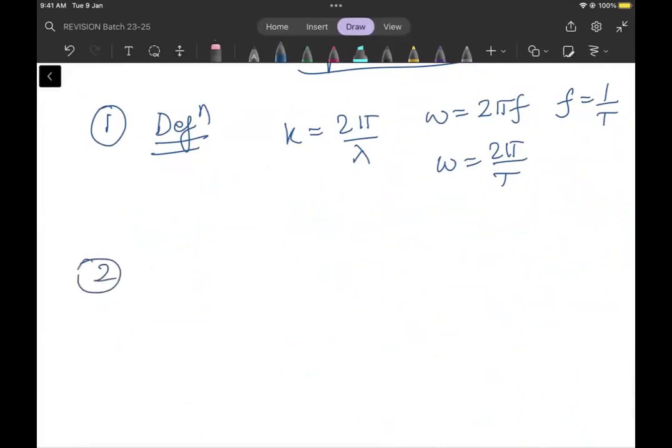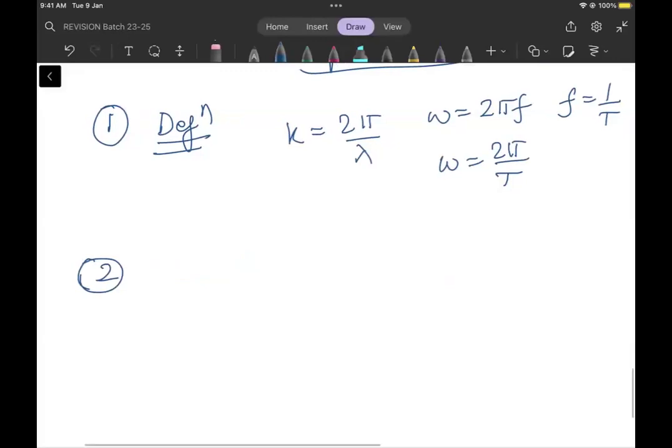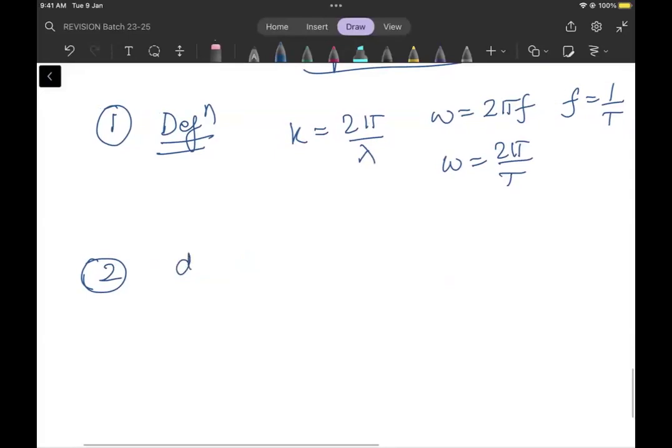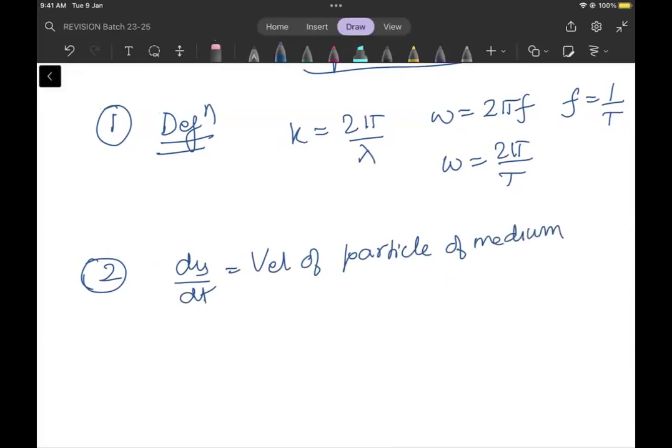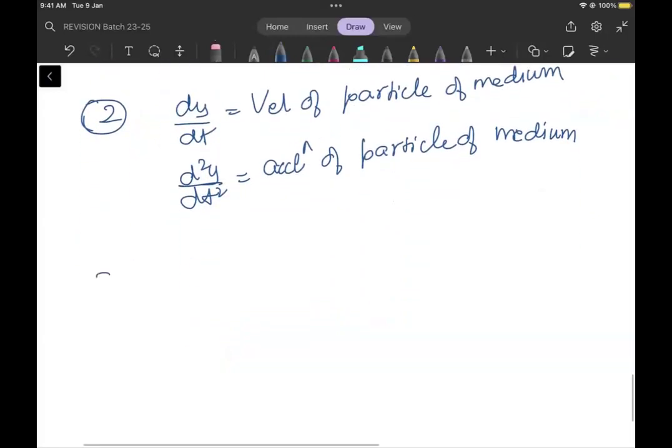सेकेंड, जब वेव ऑन ए स्ट्रिंग की बात करेंगे, इनफैक्ट जनरल वेव की बात करेंगे, तो dy by dt जो होएगा, दैट विल बी द वेलोसिटी ऑफ द particle of medium, okay, and d2y by dt square जो होएगा, that will be velocity, sorry, the acceleration of the particle of the medium. तीसरा,